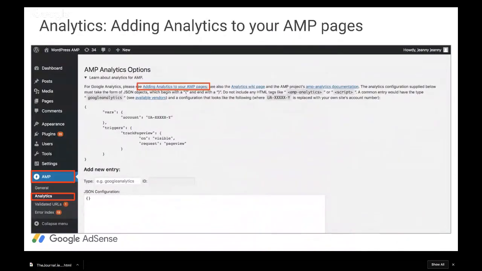One other feature I'd like to talk about with the official AMP plugin is adding analytics. AMP supports over 50 analytics vendors and counting. You can see the full list at the website ampproject.org. In this diagram, you'll see